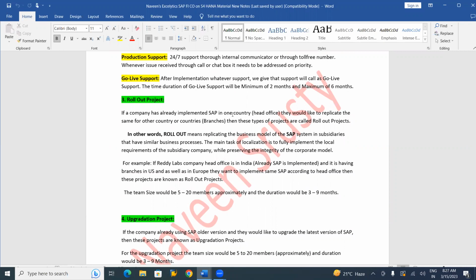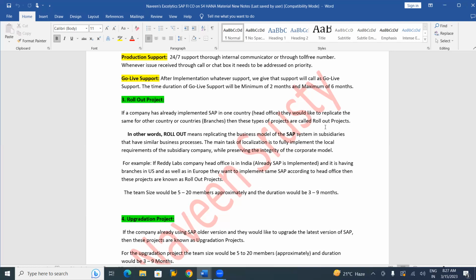In Hyderabad, we have already implemented SAP, but across the globe, they are using different ERPs. If a company has already implemented SAP in one country, that is, in the head office, and would like to replicate the same for other countries or branches, then these types of projects are called rollout projects. Understood?